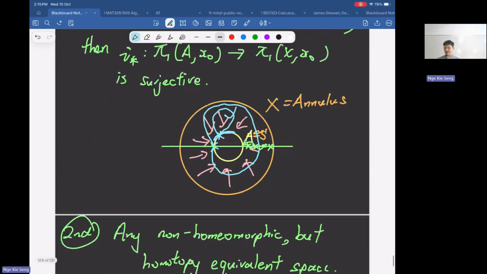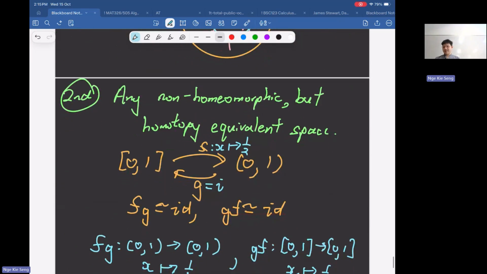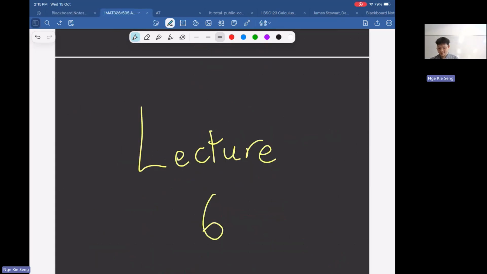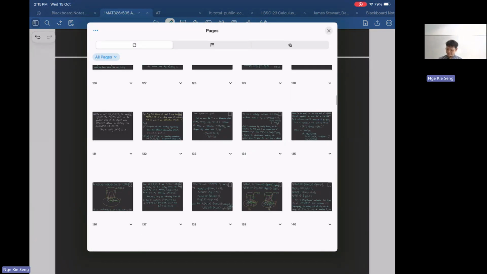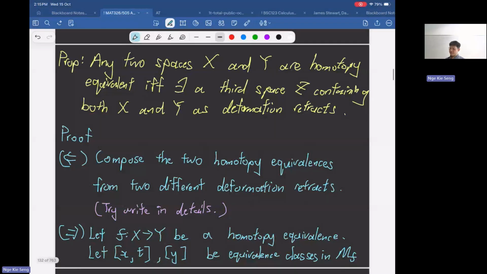Because for the past 2 days, I haven't uploaded my notes exactly because of that proposition. I spent a long time digesting this proof here. I put a proof here actually. I didn't leave it as an exercise because I find it very non-trivial. One way is very trivial, the other way is non-trivial. So if you look at this proof,